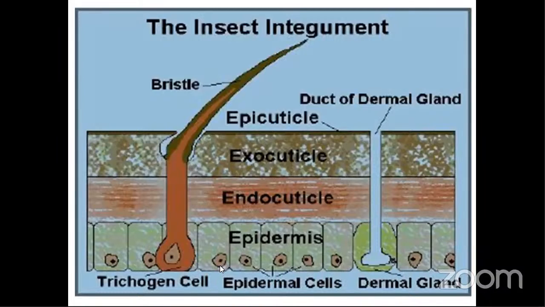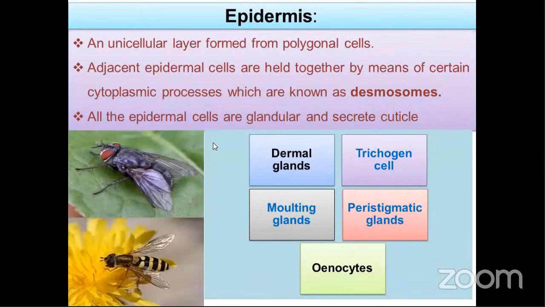Cytoplasmic epidermis or epidermis layer. So this is another cell. These two cells are held together by the desmosome. So adjacent epidermal cells, which are held together by means of certain cytoplasmic processes, we call a desmosome. In case of these epidermal cells, they can act as glandular and